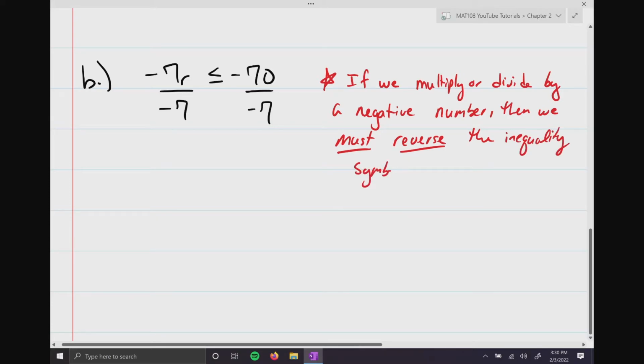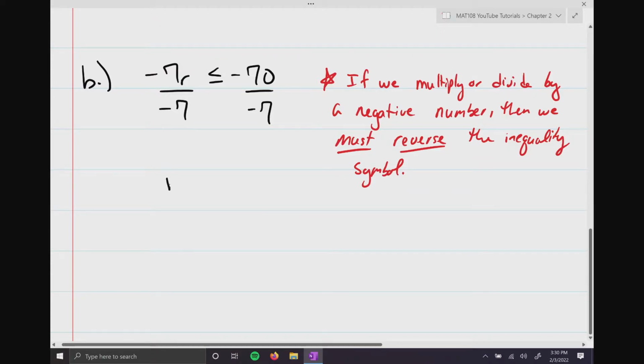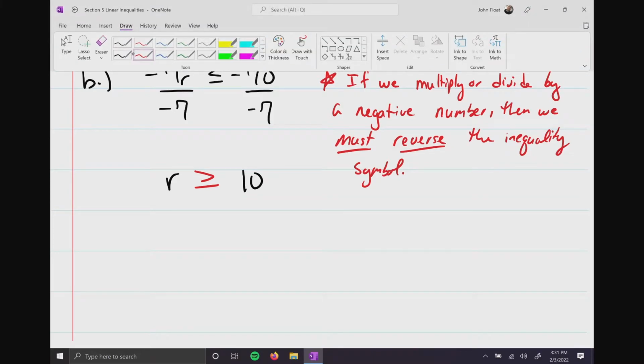Now, the reason for this, okay, the reason for this is if you look on the right-hand side, we have -70 divided by -7. Our sign of the number actually changes. And because of that change, we have to reverse the order. So we get R, we get 10, and then in the middle, we get greater than or equal to, which is our sign reversed. So now we can just go ahead underneath,